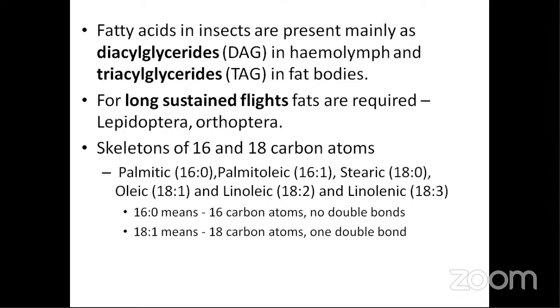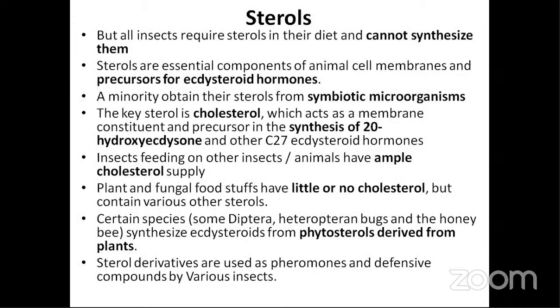Among Lepidopterans, the monarch butterfly holds the record; the longest distance migration is seen in the monarch butterfly. And in the case of Orthoptera, how does the locust do it? Locusts have different mechanisms. During the solitary phase, it won't fly much, but in the gregarious phase, it will go for long distance flights. So during this physiological change, it will change the content of fat and carbohydrates.